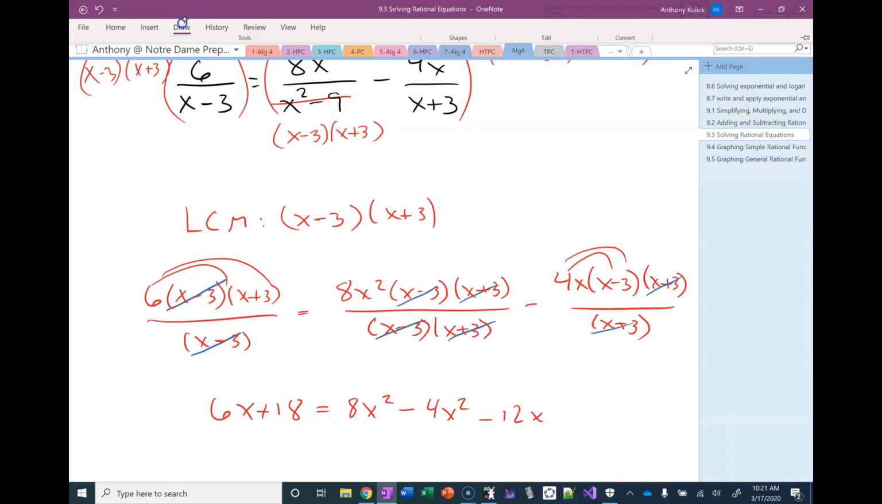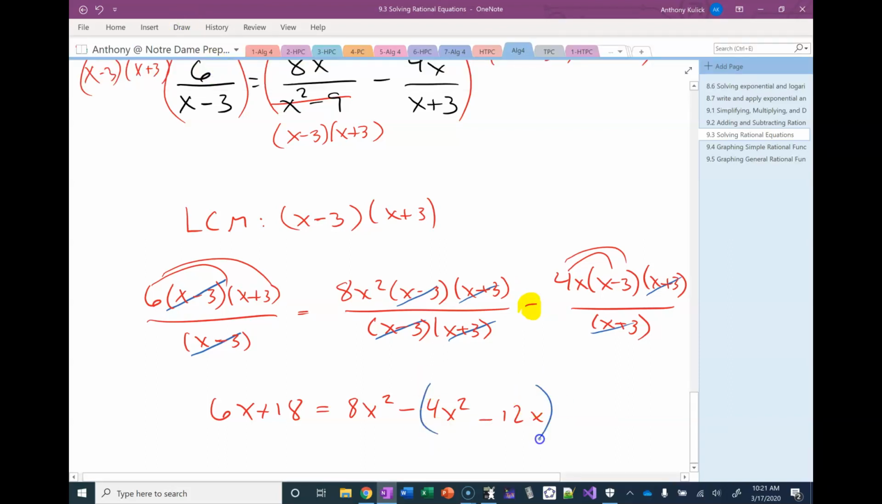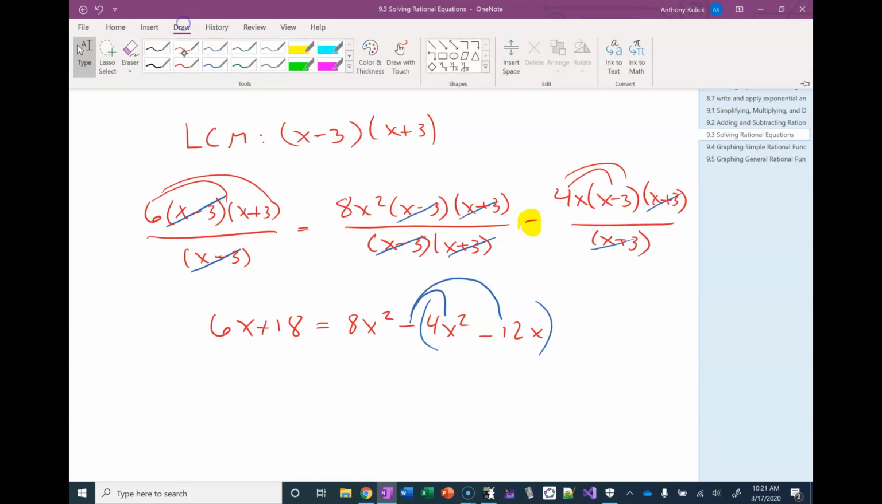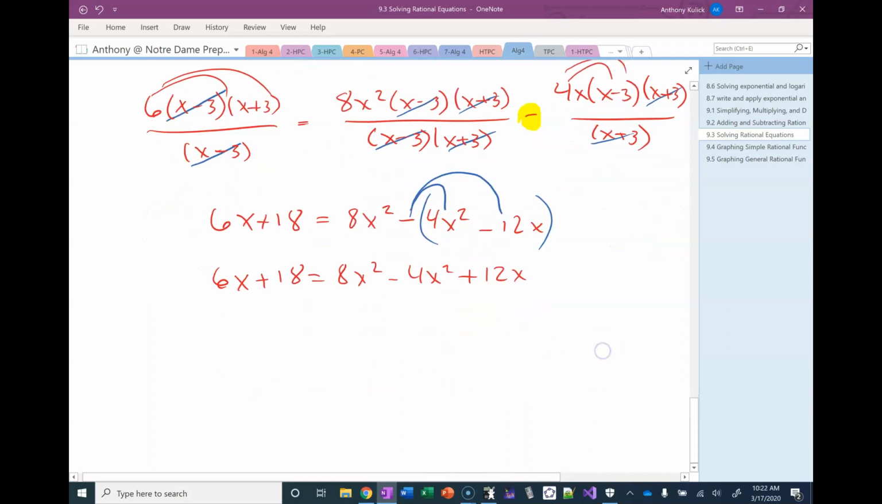So here is the issue. This is a minus sign. This minus applies to everything we get there. So really, we need to make sure we're distributing that. So I have 6x plus 18 equals 8x squared minus 4x squared plus 12x. Ooh, so sneaky. All right, so let's combine like terms and get everything onto one side